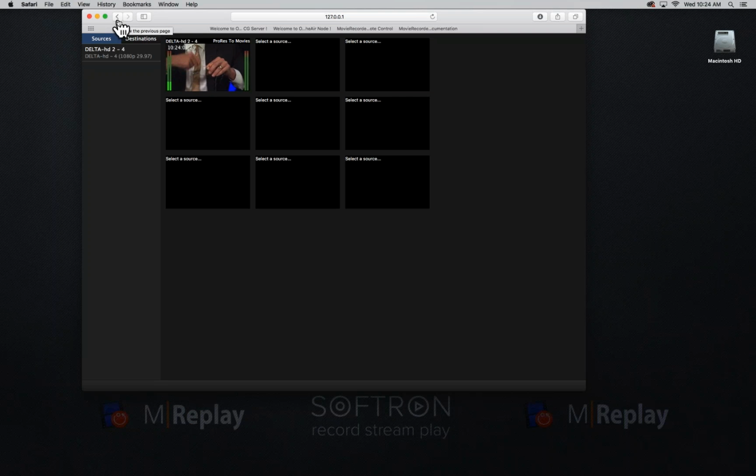And you can do a couple channels here on something as simple as a Mac Mini, and with a Mac Pro you can do HD channels on one Mac Pro with just one Thunderbolt cable. It's very easy to use, remote controllable, it's scheduled, and if you'd like any more information, please check out our website at softron.tv,